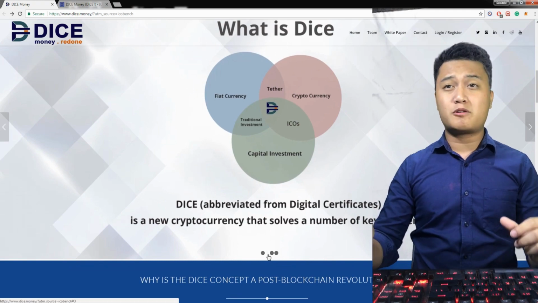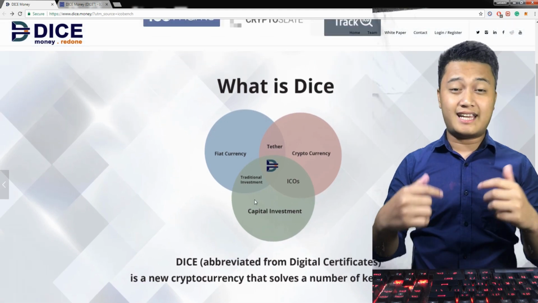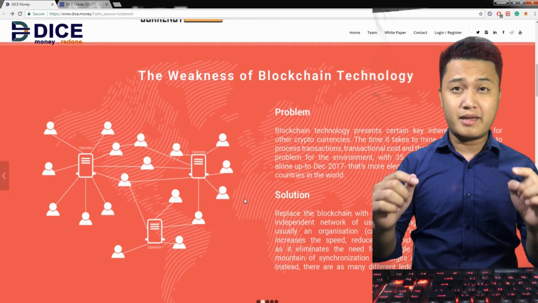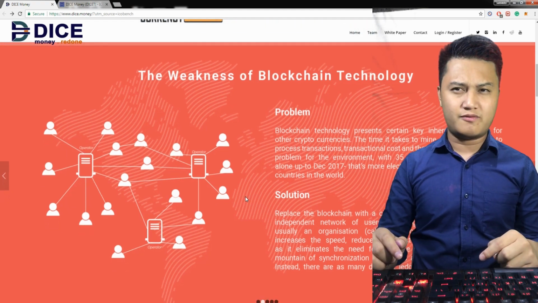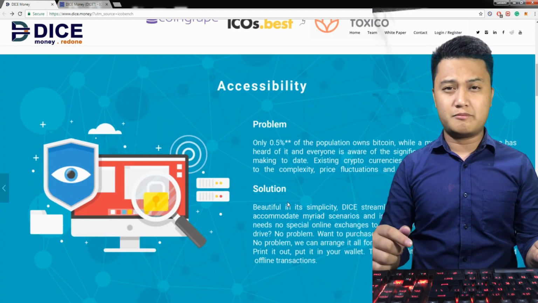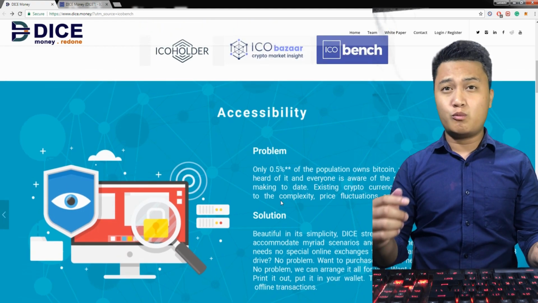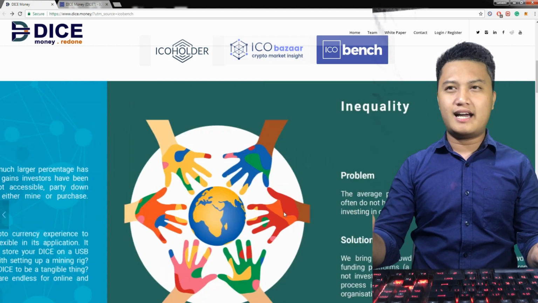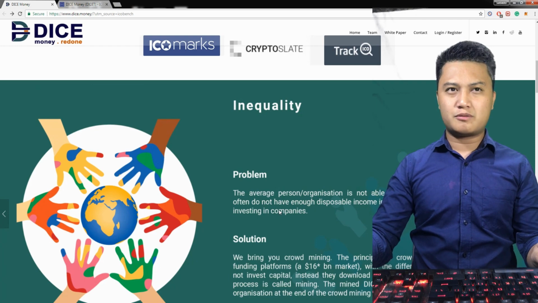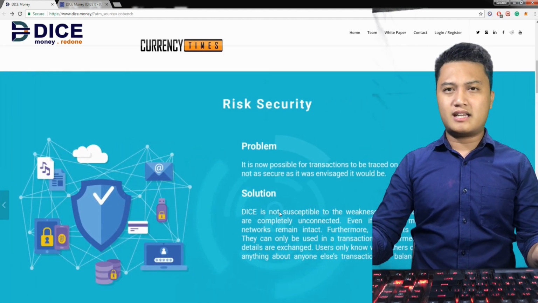So Dice Money will also provide more easy and secure funding options for new startups, just like the ICOs that we see today, because they see that most of the startups making ICOs only aim to raise funds, and angel and venture capitalists find it very difficult to find solid investors. So the startup companies can also create their own money or currency with the design that they want inside the Dice Money platform, guys, while completely abiding to the laws. So they are going to help the new startup companies inside their platform.